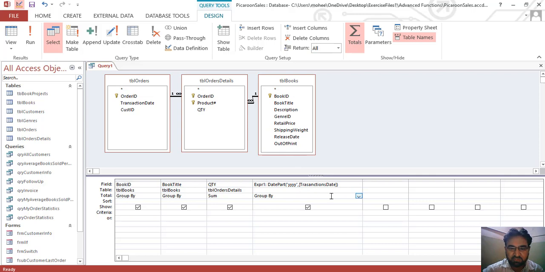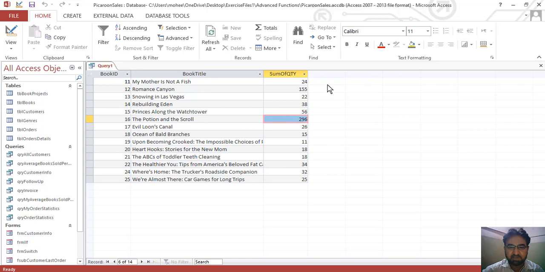This is also set to Group By. We don't want Group By here. We need a Where clause, and for the criteria, for example, we want to see the records for 2009. Let's enter 2009. So here is our data.